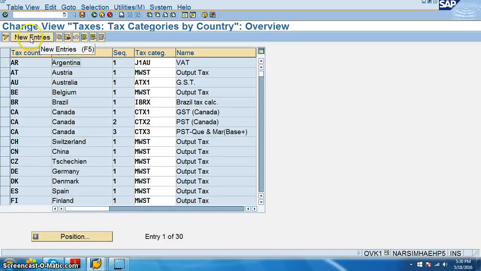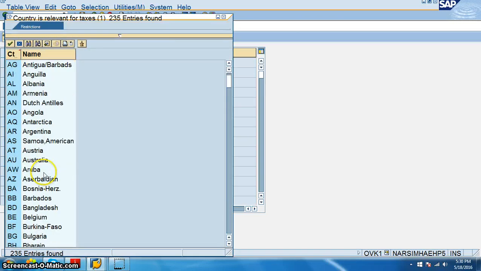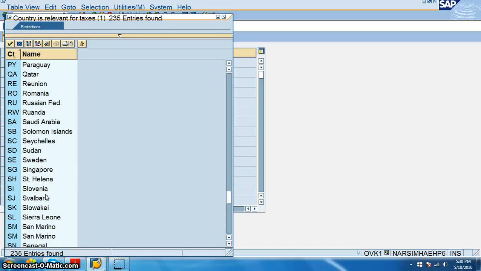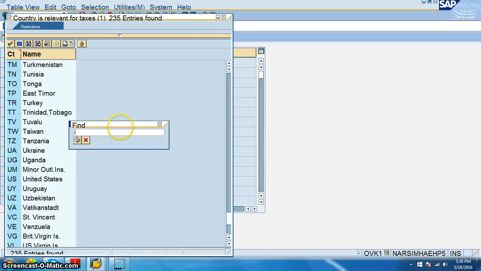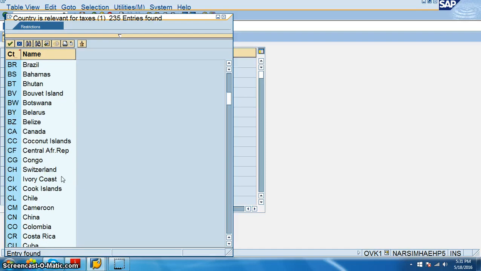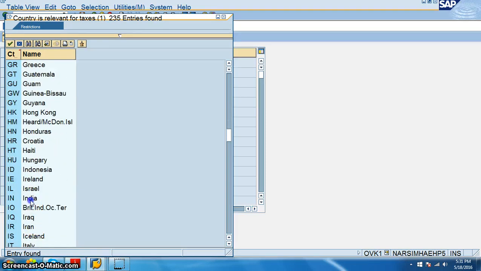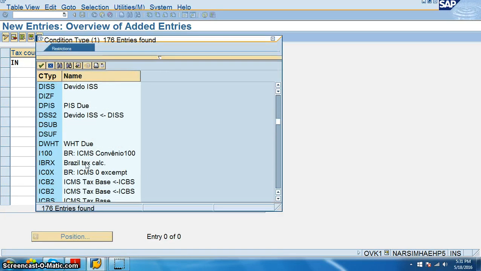So we're creating tax determination, tax categories. We go for new entries and tax country. If we already have a tax country, we are going to take it here. We already have a tax country as India, IN. Just select this, and for this we can have the sequence as one, and select the tax category from the existing tax categories.